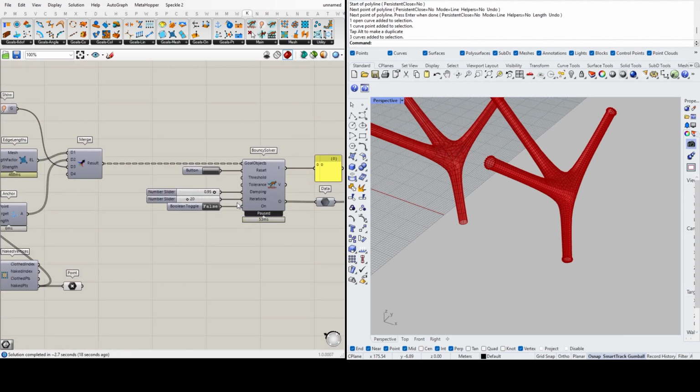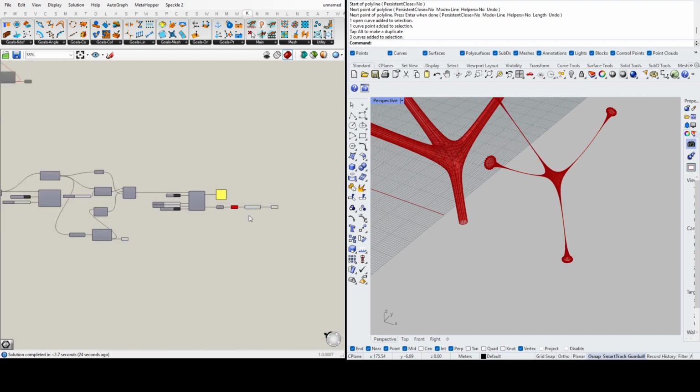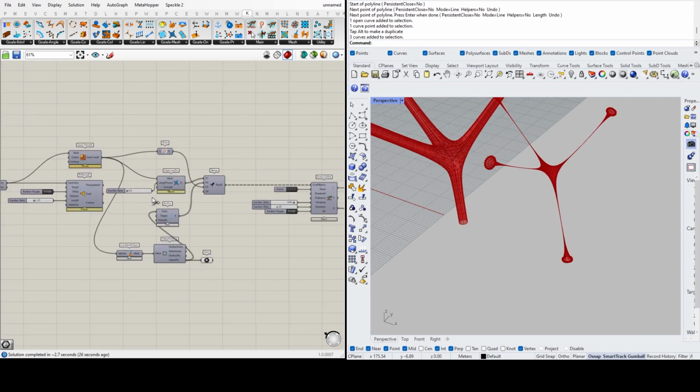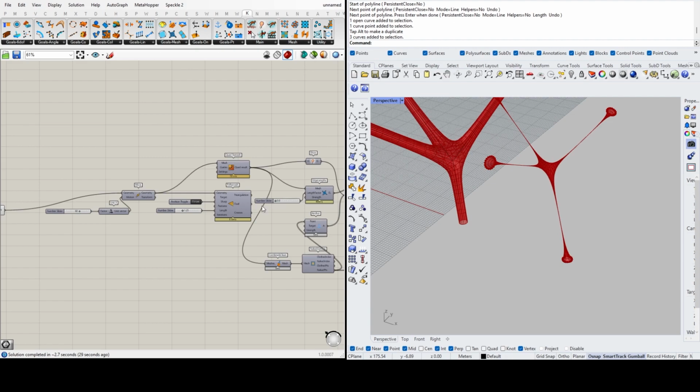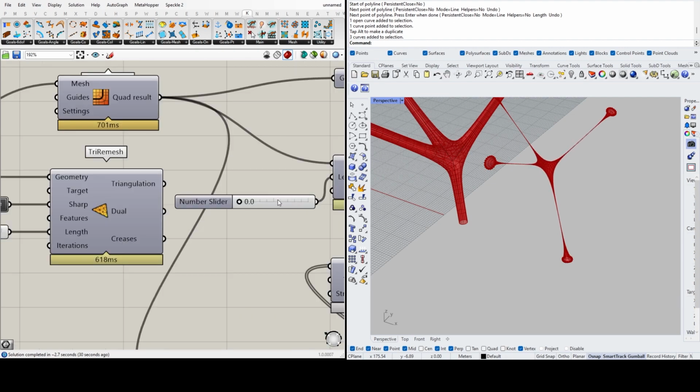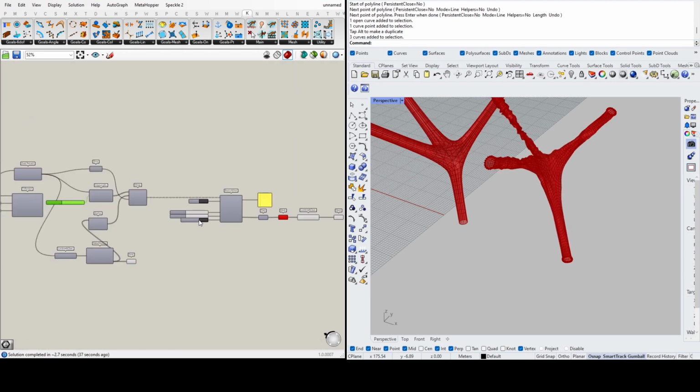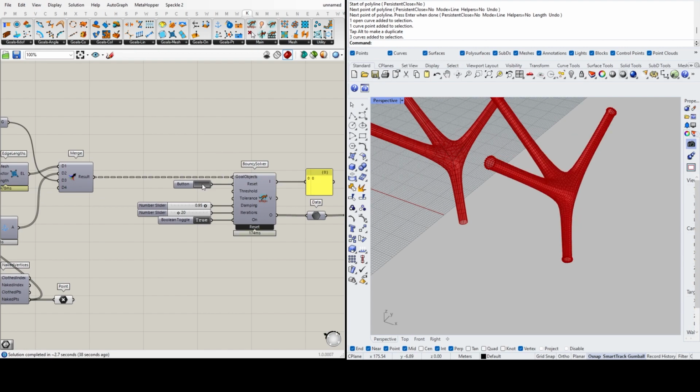Let's turn this back on. It's really squeezing it through, so let's maybe turn this into 1. Press the reset button,